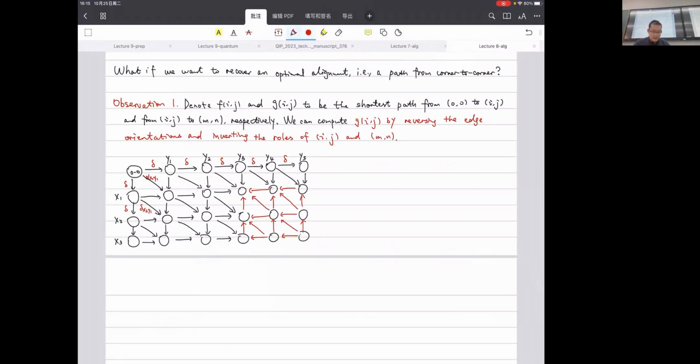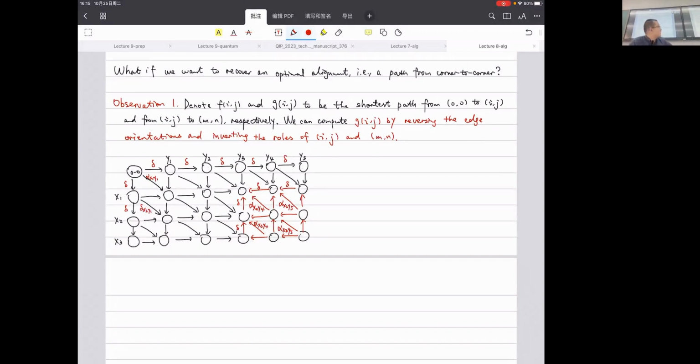So the values are still the same. Basically, all the edges on the rows and columns still have weight delta. And for the diagonal edges, for instance, here it is alpha x2 y4, and this is alpha x2 y5, and this is alpha, let me write here, alpha x3 y4, and this alpha x3 y5. So you can still feel free to consider a graph like this, but you just reverse all the